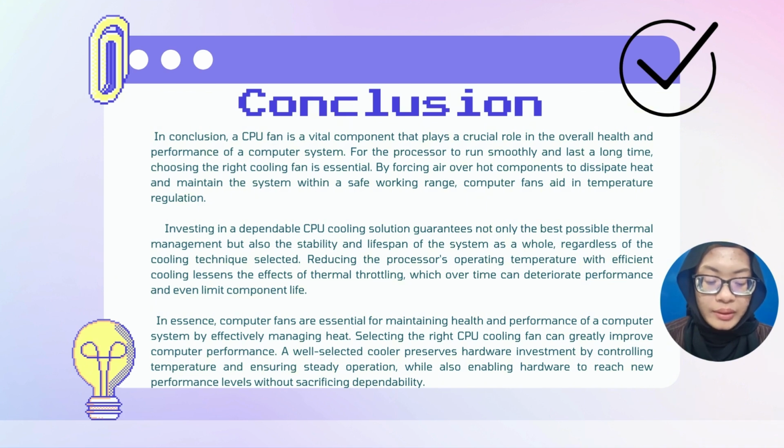Reducing the processor's operating temperature with efficient cooling lessens the effects of thermal throttling, which over time can deteriorate performance and even limit component life. In essence, computer fans are essential for maintaining the health and performance of a computer system by effectively managing heat. Selecting the right CPU cooling fan can greatly improve